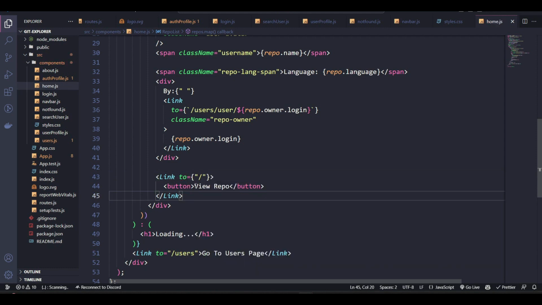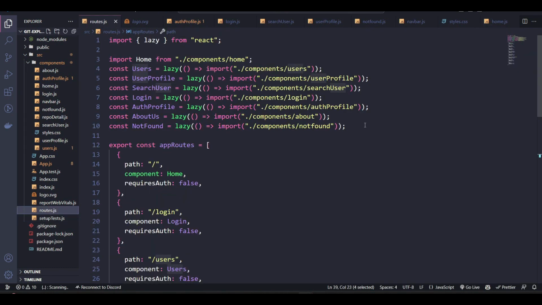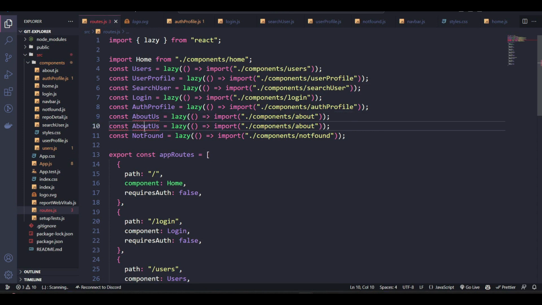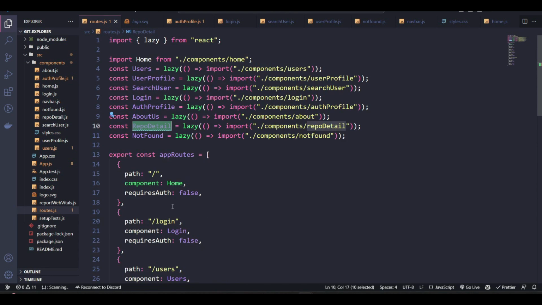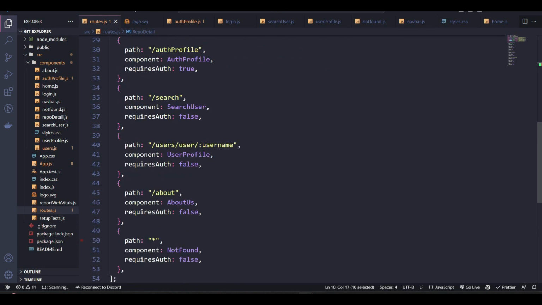Okay, the page we need to view the repo detail hasn't been created, so we need to go ahead and create that. Let's head back to our route and add the path to it. So we can just copy and paste this, and then we can say repo detail, and that's component, and that should be repo detail, just like that. Let's add it next to the repos. Okay, that's the home page. Let's just add it below, before the not found route. So we'll copy the about route, paste it in here, and then we'll say